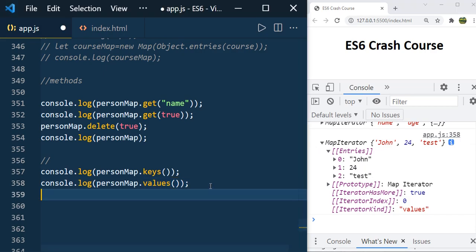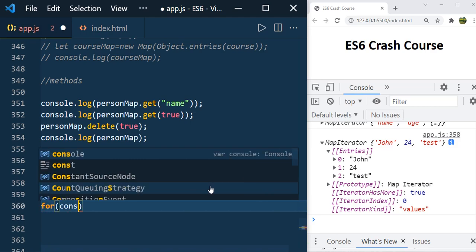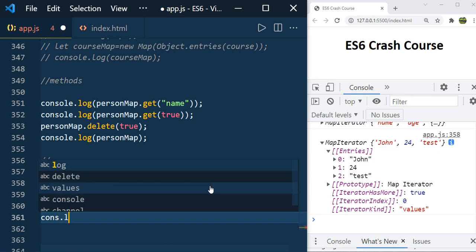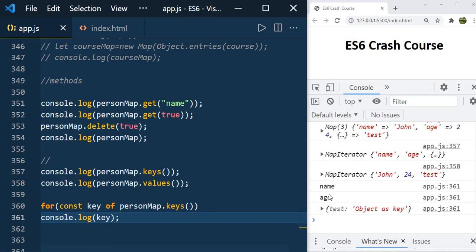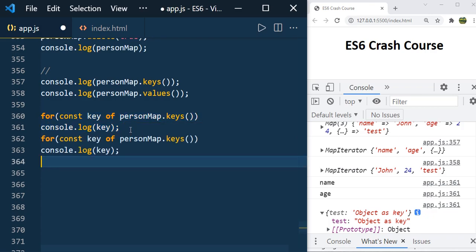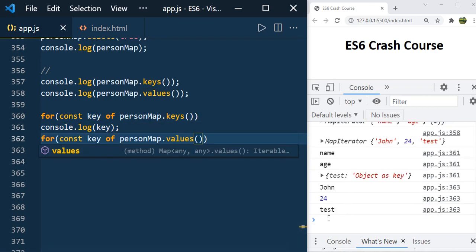To iterate through the keys and values, you can use the for of. So for const key of personMap.keys and just print console.log. Now we have all the keys, name, age and object. In the same way you can use the values: John, 24 and text.